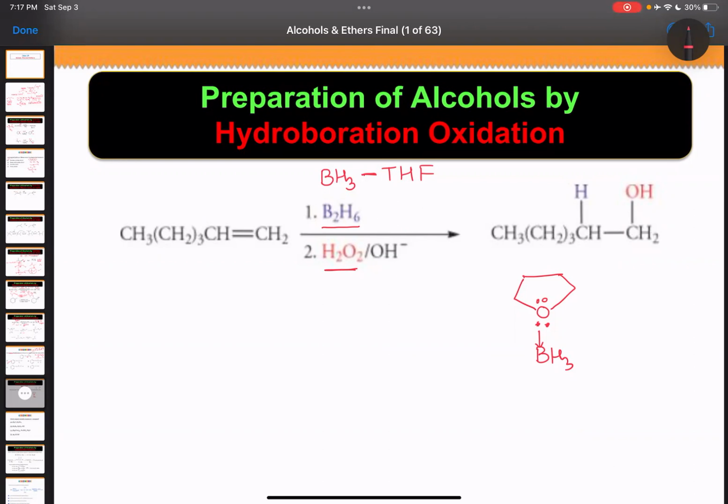That is for HBr. For addition of alcohol, you need to take BH3 THF, borane in the presence of THF, followed by addition of peroxide and OH minus. That will give you